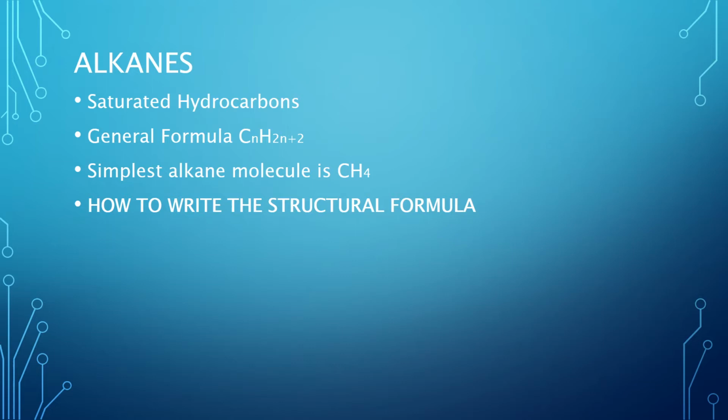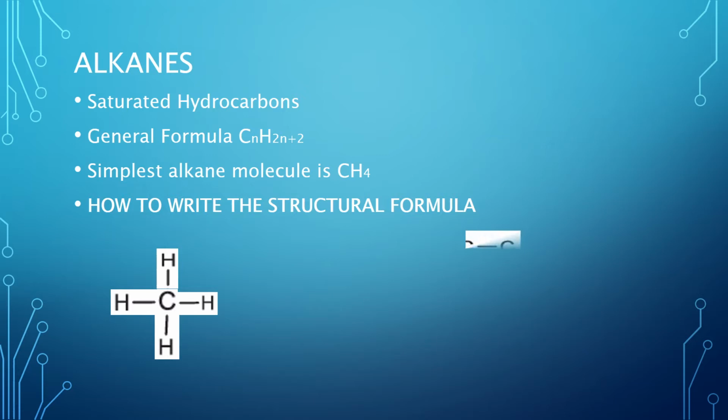Now how can we write down the structural formula? We just recall it. For example, if we take methane, it contains only one carbon atom, and each carbon atom present in the molecule can make a maximum of 4 bonds. In the methane molecule, the carbon atom is attached to 4 hydrogen atoms. So we will write down these hydrogen atoms attached to this carbon. It is the simplest molecule, methane, and its structural formula is given here.